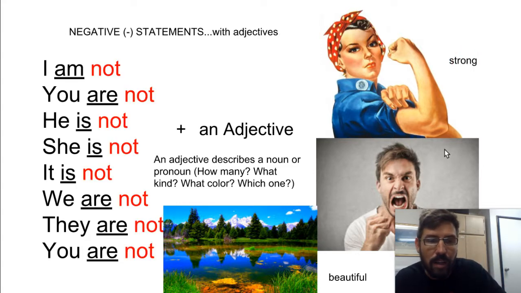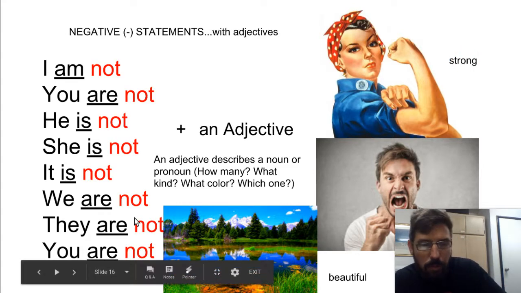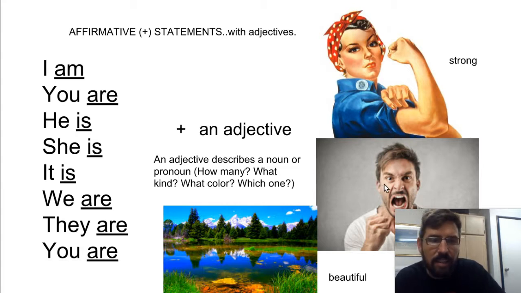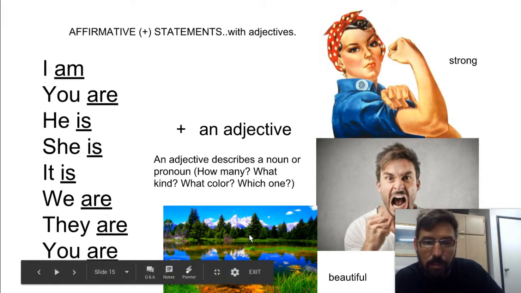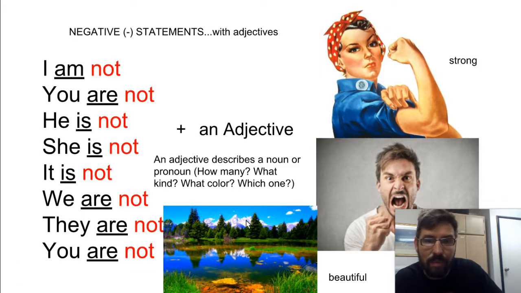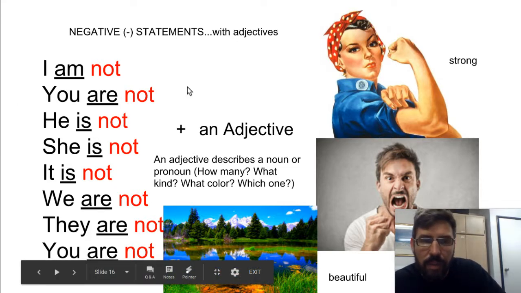For this man right here, I can say he is angry. He is angry. Okay. You see this place? I hope you agree with me. It is beautiful. It is beautiful. Okay, let's look at another one. It says, I am not